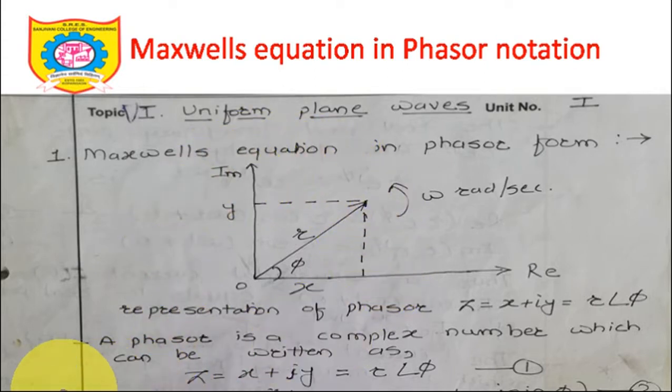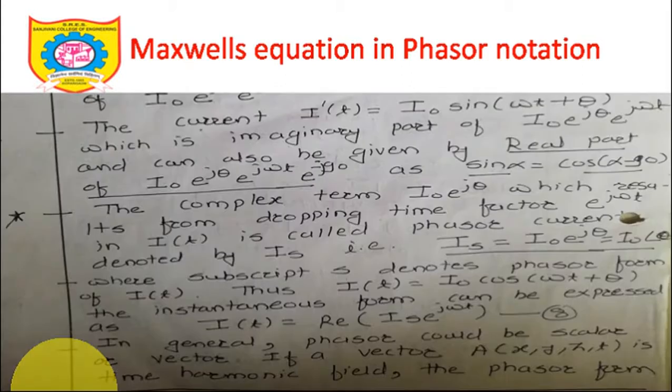So I can represent i(t) as I0 sin(omega t plus theta) also as the real part of I0 e raised to j theta e raised to j omega t, multiplied by e raised to minus j 90 degrees, or e raised to minus j pi by 2. So if there is a pi by 2 difference, sine is converted into cos and cos is converted into sine, and you can represent it in any form that you wish. These are some of the things that you should know.